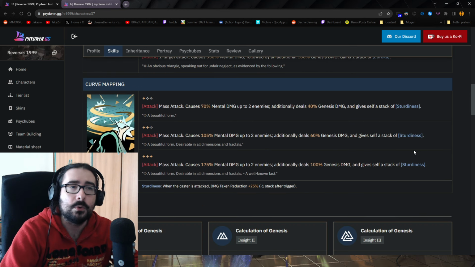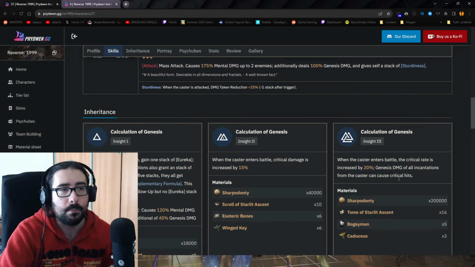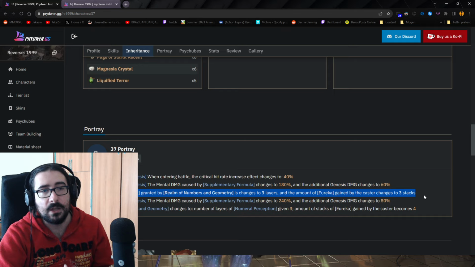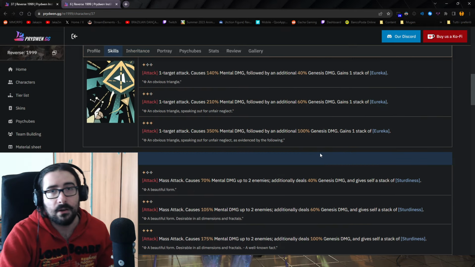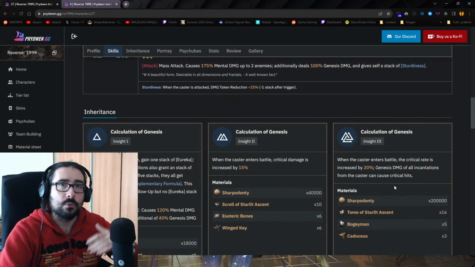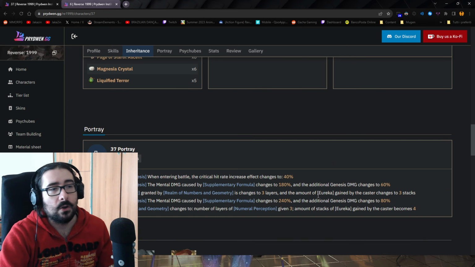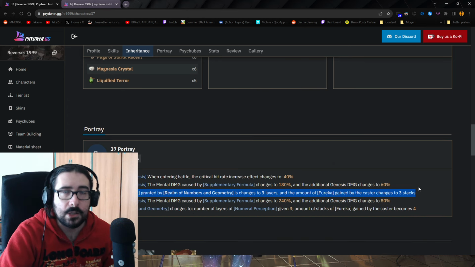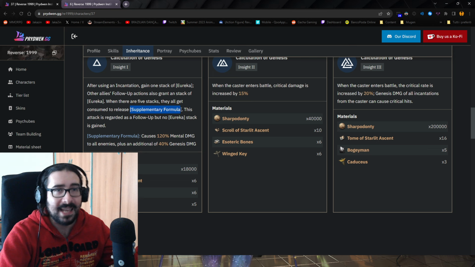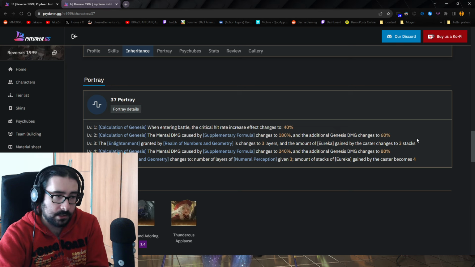So if you want to get her to a certain portrait, what portrait would you have to pull for? You would have to pull for P3, which is a lot. Why P3? Because it makes the stacks go a little higher of Eureka that you get from the ult. This gives you +2. You want to rush the follow-up attack with 37. You want to do damage on that one as well. So by getting P3, you can do that, and you also get more damage. Now, supplementary formula is the name of the follow-up attack, and you get higher damage on the attack and the